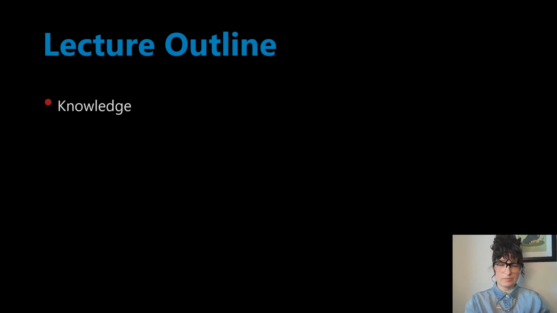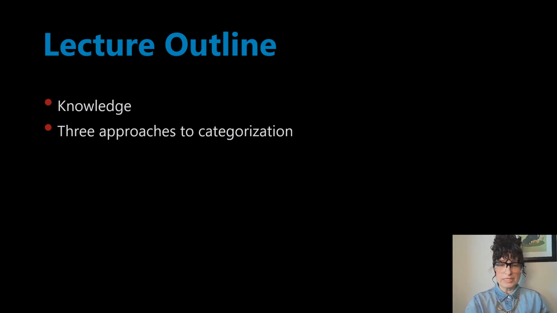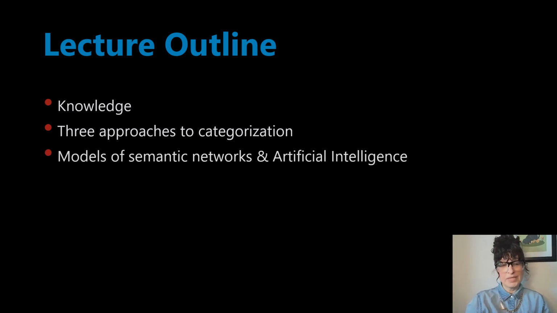We'll start with some general ideas about concepts, categories, just like semantic knowledge in general. We'll then talk about the three different approaches to categorization that have come out of the cognitive psychology literature in collaboration with philosophy, interestingly. We'll then move on to talk about models of semantic networks. And I'm going to talk a little bit about artificial intelligence there, because this is where cognition literally meets artificial